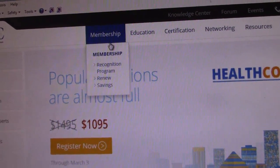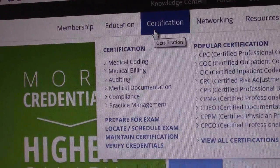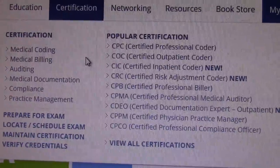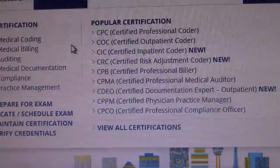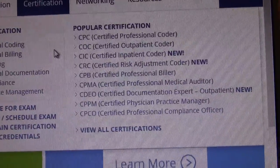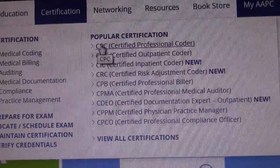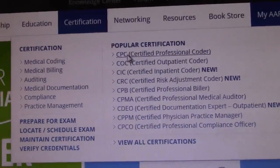If you will go across the top up here to certifications, oh my goodness, look at all of the certifications that the AAPC offers. CPC, COC, CIC. And someone asked me about a billing certification. Yes, they have a billing certification too, but multiple. But let's talk about the CPC, which was my number one area of questions. Under the CPC exam,